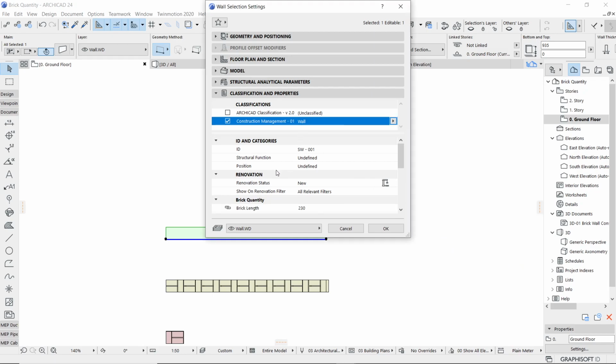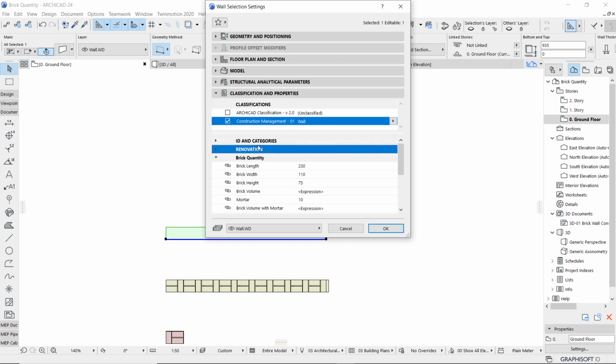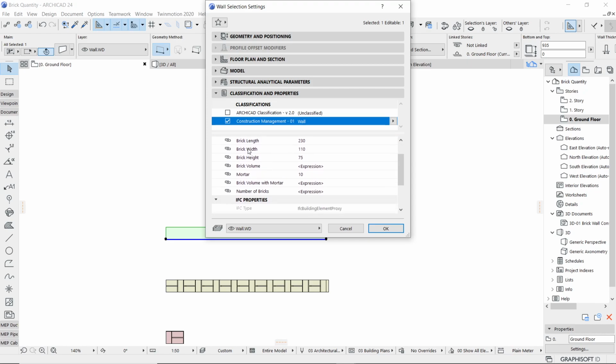So once you select that, apart from these first two rollouts which are common, the next option is brick quantity. All the parameters which you have designed are now getting reflected. Okay, so length, width, height, volume, mortar, then brick volume with mortar. It's an expression.